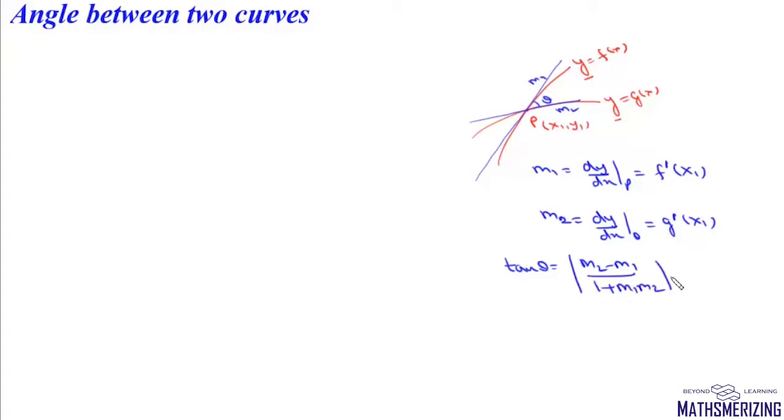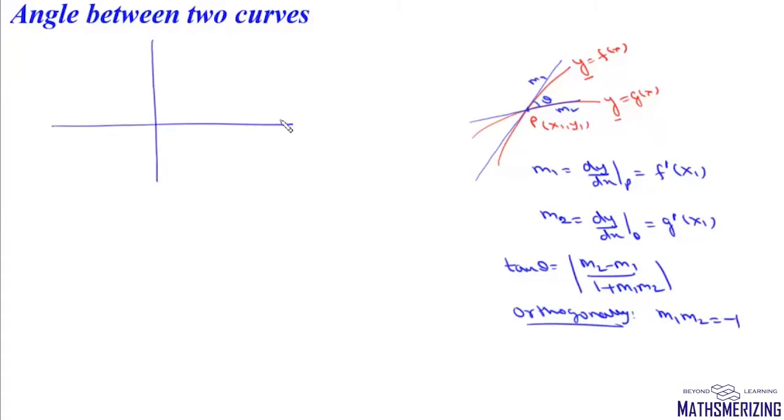So when we say find angle between two curves, we essentially mean we need to find angle between either two tangents or two normals at their point of intersection. Now one more condition that is generally given in questions is that two curves intersect each other orthogonally. Orthogonally means the angle between the two curves is pi by 2. So when the angle is pi by 2, then we'll have this simple condition, which is m1 into m2 is minus 1.